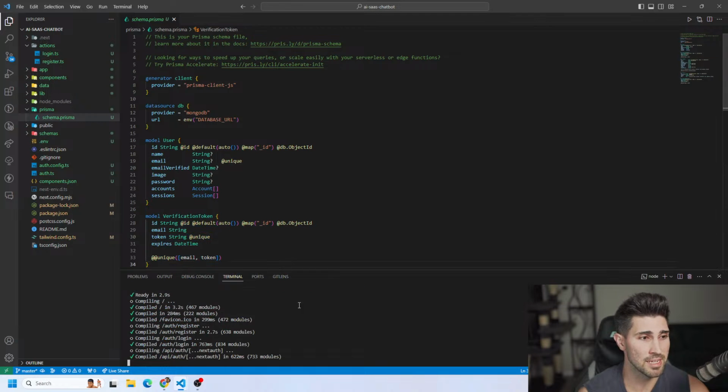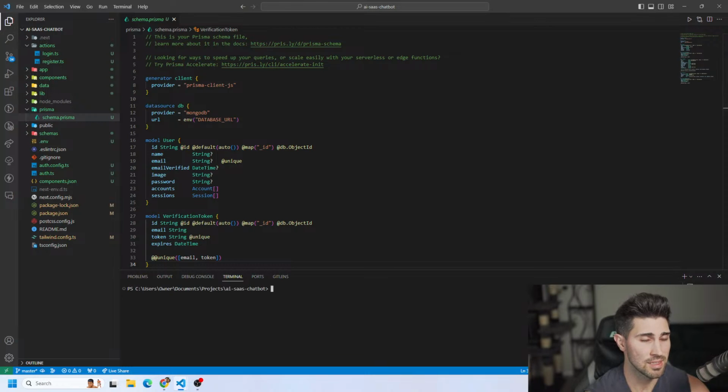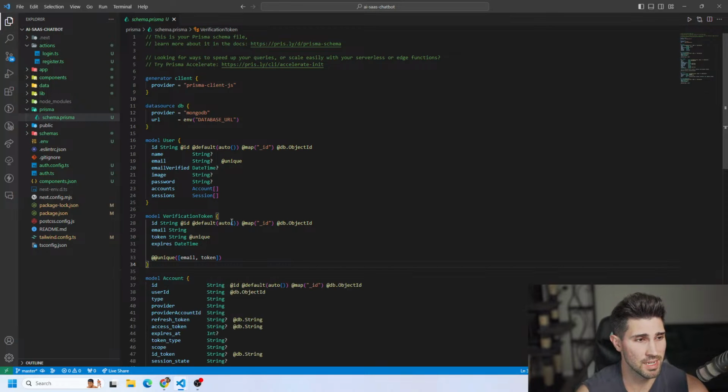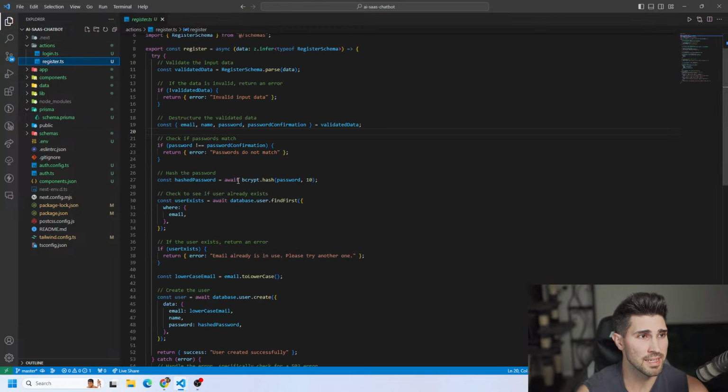After you add any model in your Prisma schema, you must run the command npx prisma generate, press enter, and then run npx prisma db push. Anytime you make a change to your Prisma file, your schema.prisma, you must run those two commands to actually update your database and your backend. Okay, so now that we technically have our verification token ready to go,